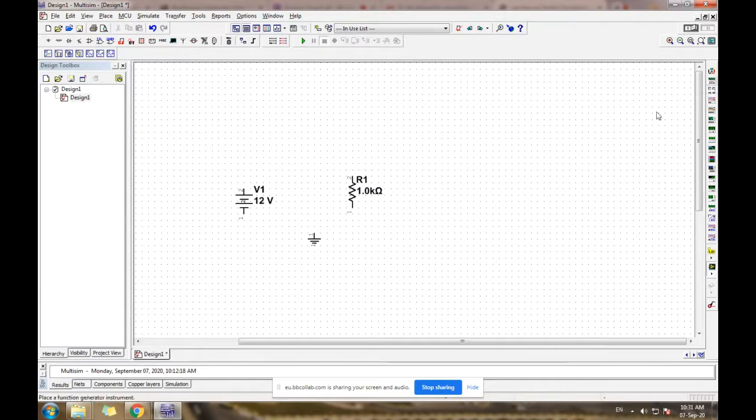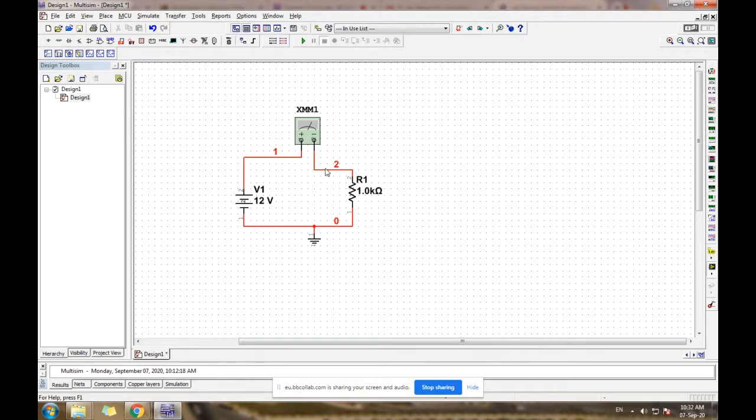These are the three components, and now you have to place a multimeter. Click on the multimeter from the instruments toolbar and place it here. Now complete the connection. When you place the cursor at the end of any component, a plus sign will appear. This is an arrow, but if I place it here it changes to a plus. So click, drag and put it here, and the connection will be established. Similarly from here to here, from the resistor to the ground, and from the negative of the DC power supply to the ground.